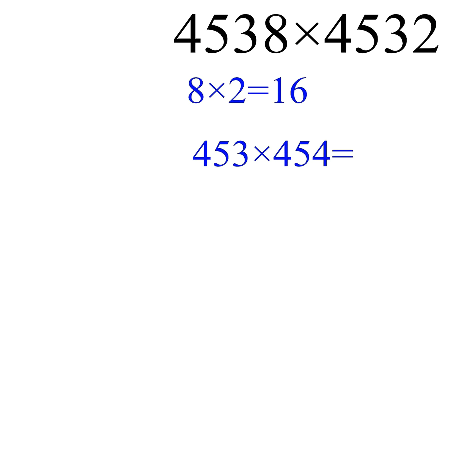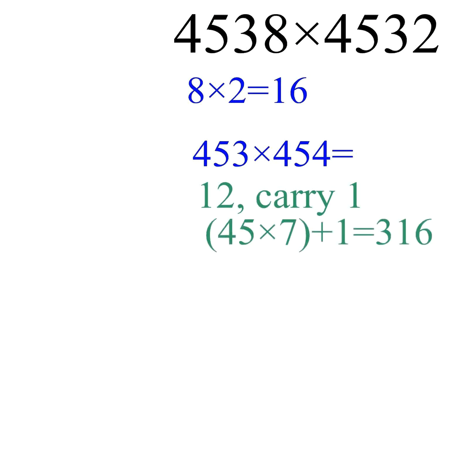But how to multiply these two? Here we got 45 in both of them, so we first multiply 3 into 4, that would be 12, we carry 1, then we multiply 45 into their sum, which is 7, and we add it to 1, that would be 316, and we carry 31,